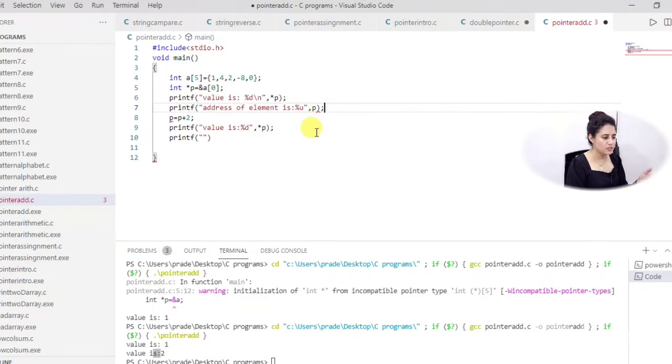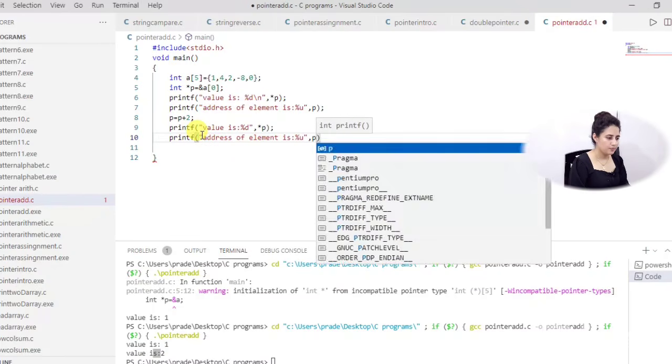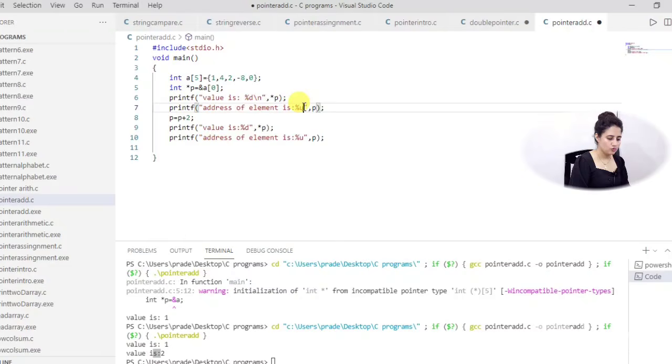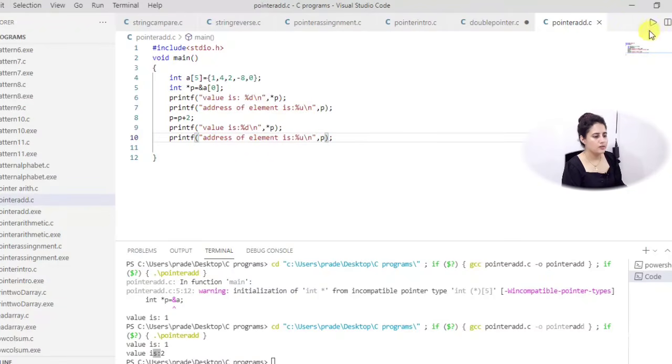In p obviously we will have an address, and after updating p also we are going to print the address. Address of element is percentage u, and I am printing p simply, right. So now see what output you are getting. Better to use \n for better understanding of the output, right. Let me run this.